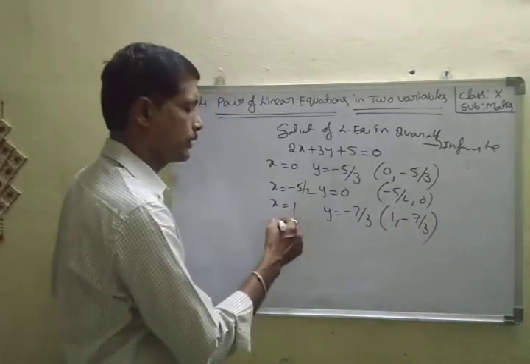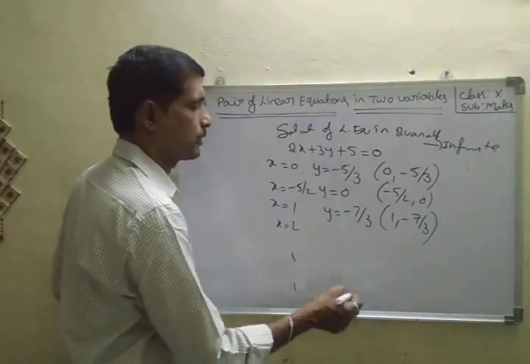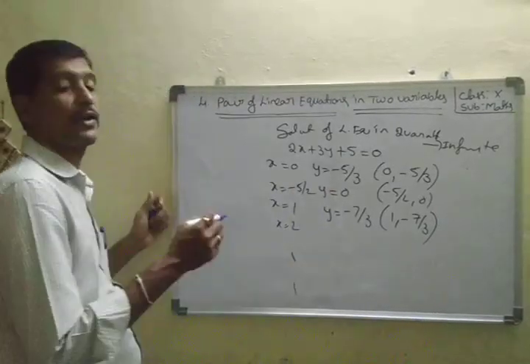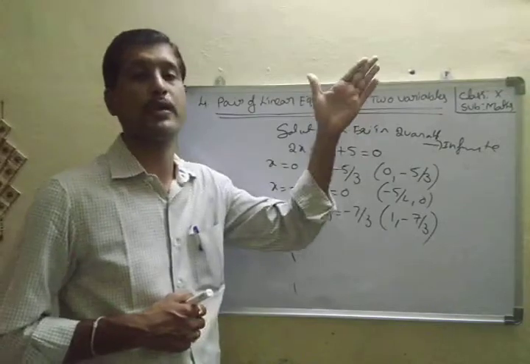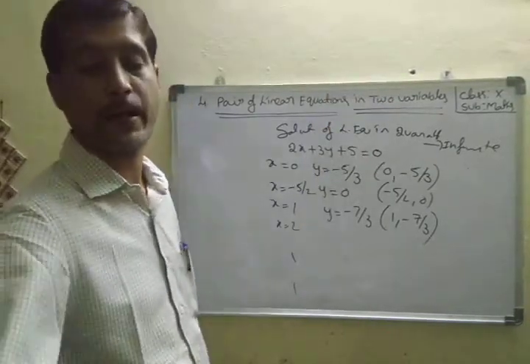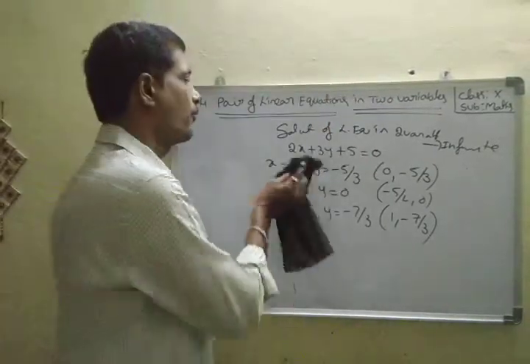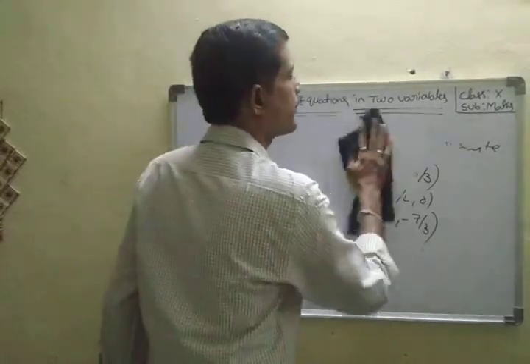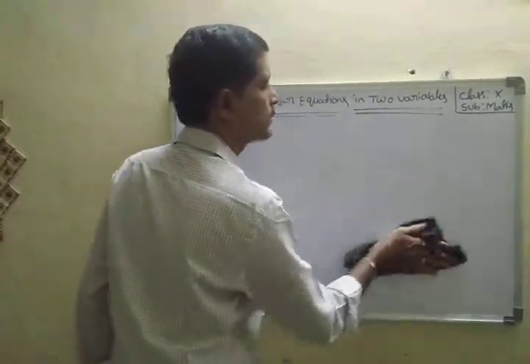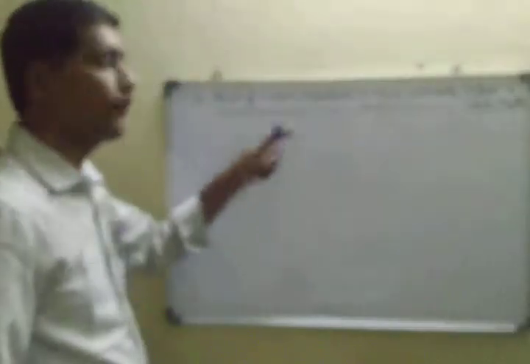Then we can take x equal to 2, x equal to 3 and so on. How many solutions? Infinite number of solutions. For any linear equation in two variables, how many solutions? Infinite number of solutions. This is one bit. Okay, next one is pair. Pair means how many equations? That is two equations. Pair of linear equations in two variables.